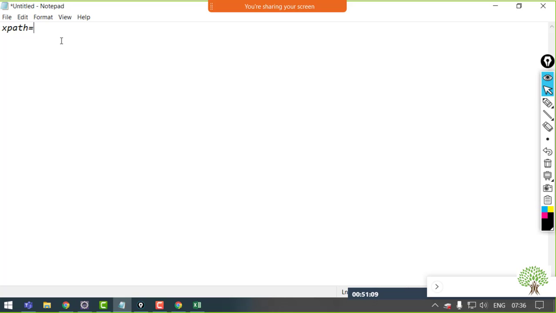XPath is a unique address for those elements which do not have any of the optional attributes, plus if the element does have an optional attribute, then also you can use this XPath. This is going to be the unique address, likewise we have a specific address of our house. The same way, the XPaths are going to work.